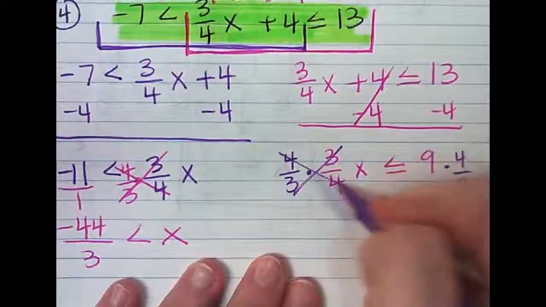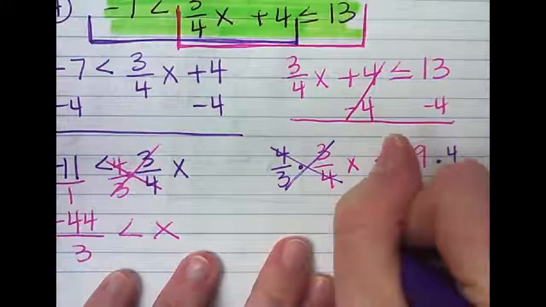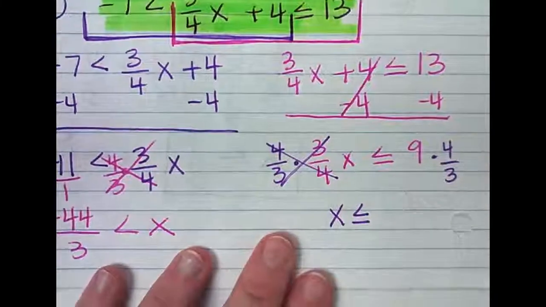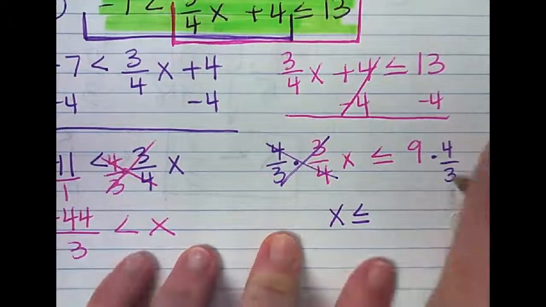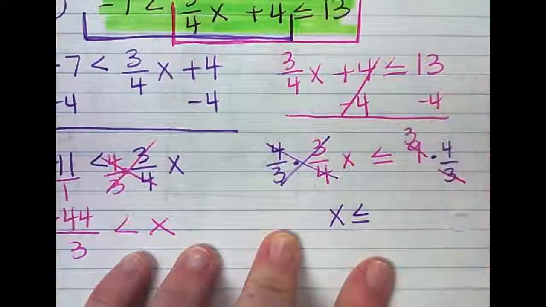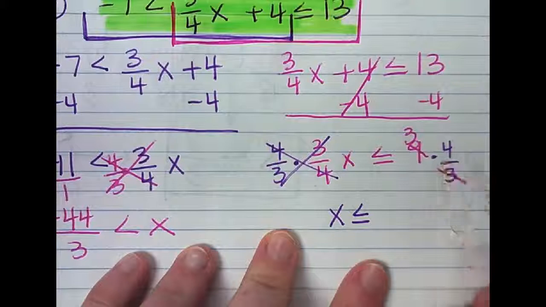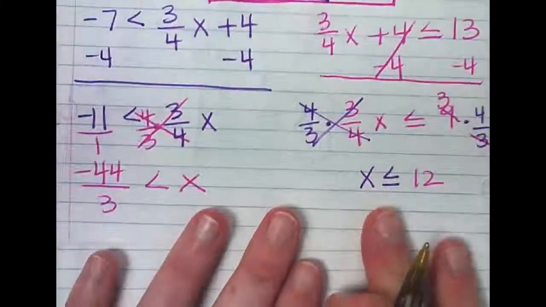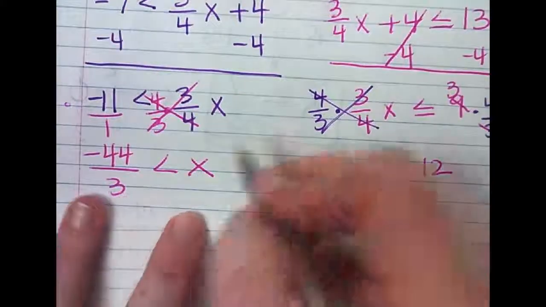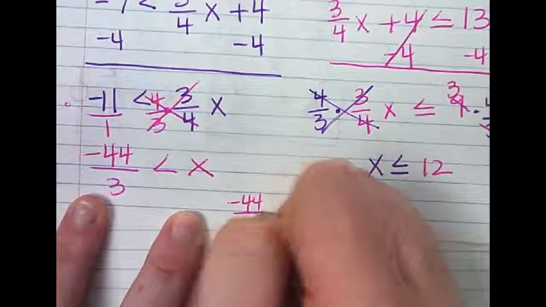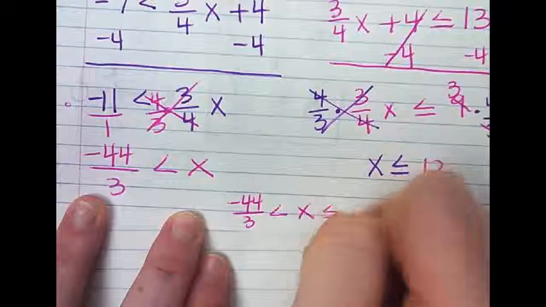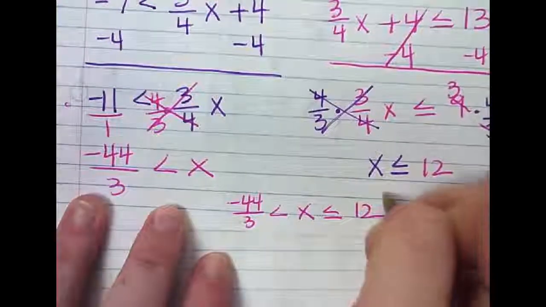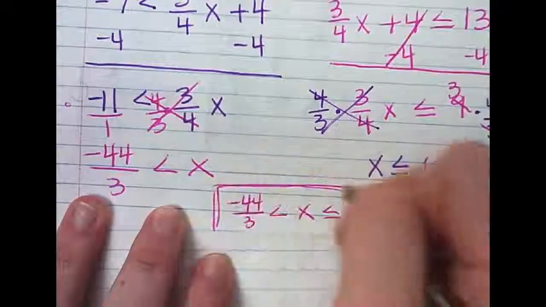So it's gone on the left. x is less than or equal to, now this one I'm going to reduce. 3 goes into 9 3 times. So then I have 3 times 4 is 12. So my answer, I just put it back together. Put x in the middle, smaller